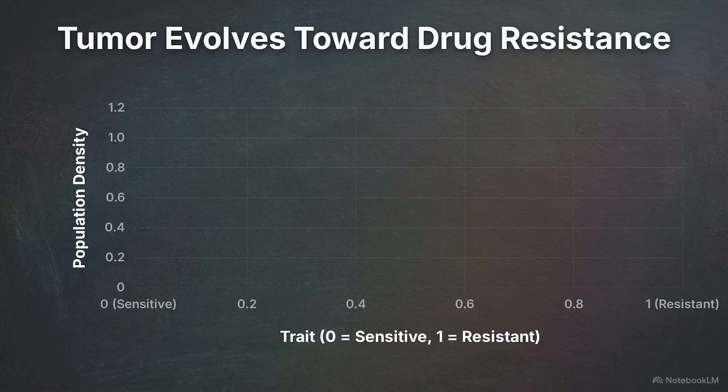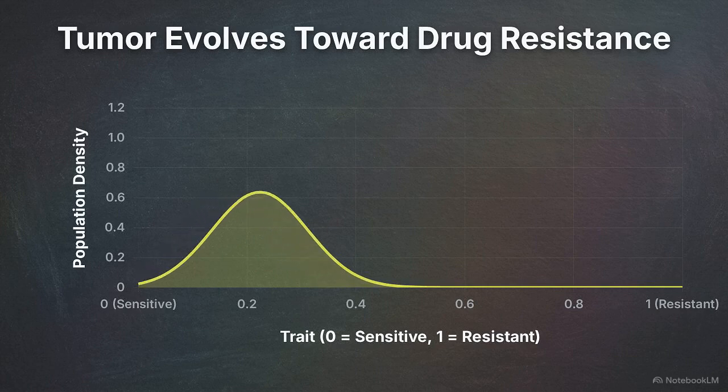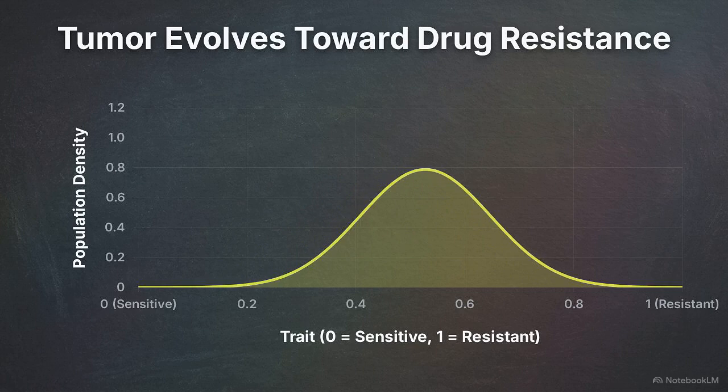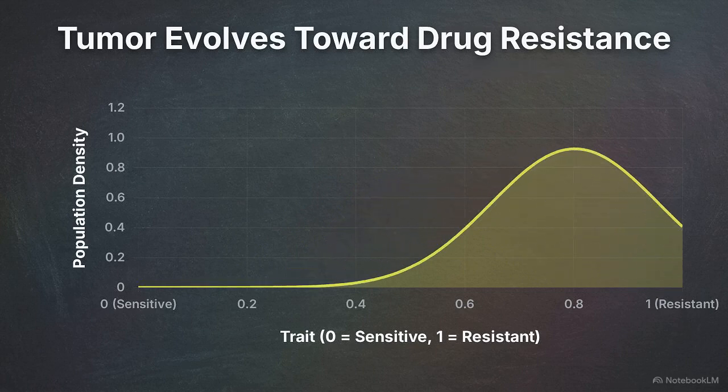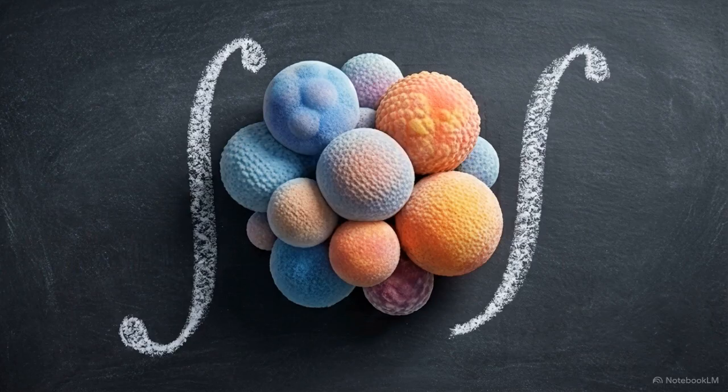To model this mathematically, we assign a continuous trait to the cancer cells, ranging from 0 for drug-sensitive to 1 for fully resistant. As the tumor grows, biological parameters like natural death rates and mutation probabilities constantly alter this population density distribution. The total tumor population at any given moment is simply the mathematical integral of this density across all